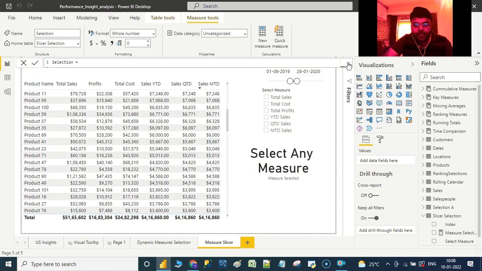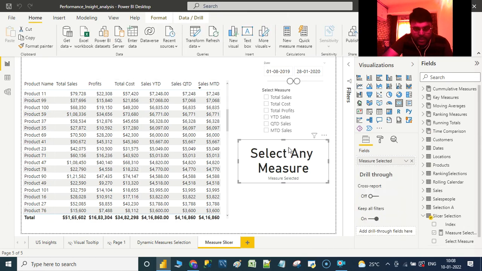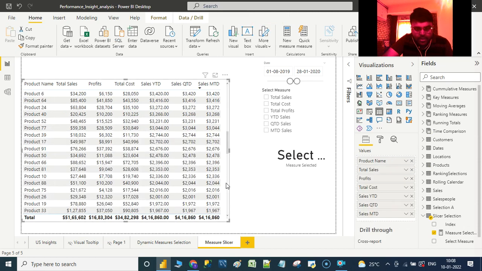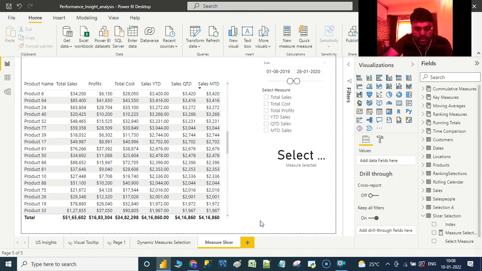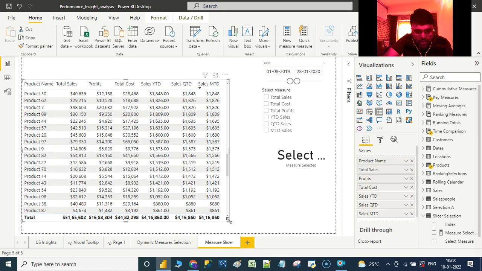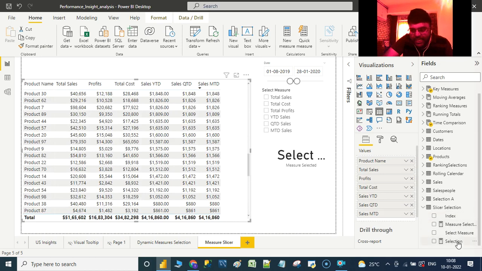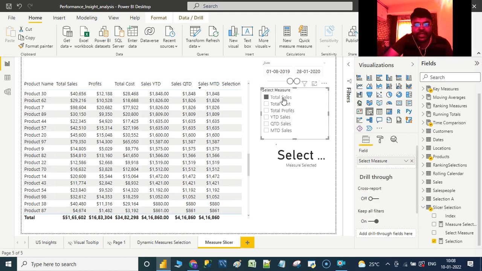Now let us see what the result would be. Let us take that measure and see what it says. The name of the measure is selection. Since we haven't made any selection, we are getting the result as blank.